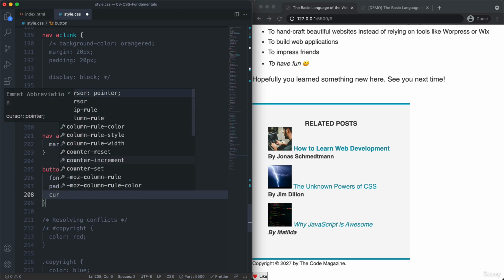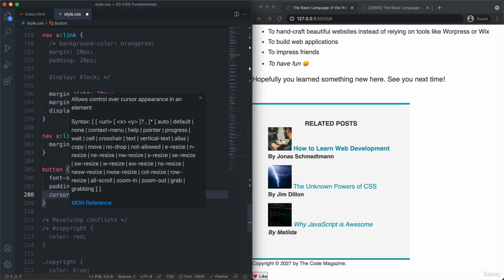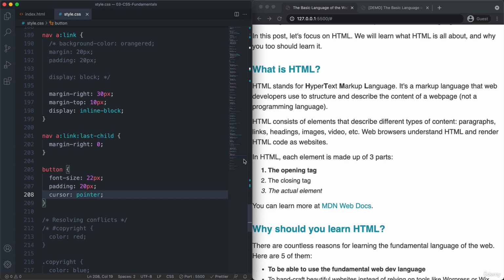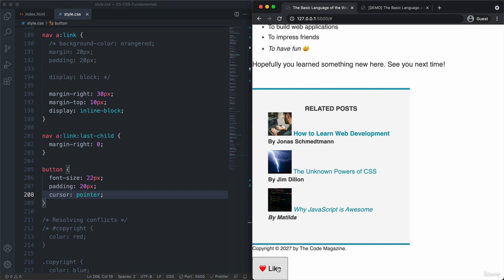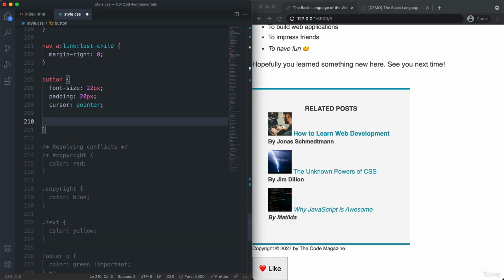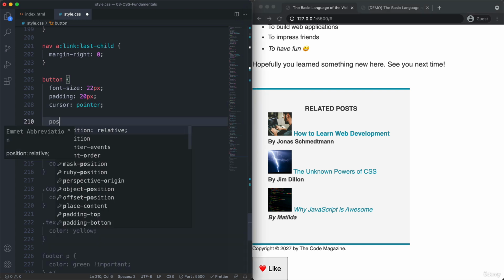Adding some padding as well. And we can also use that trick of defining the cursor property, as I also showed you in the challenge, and set it to pointer so that we actually get that hand. Right? And so now it looks a little bit nicer. And you see there's also this hover state, which we could of course customize, but let's not spend time on